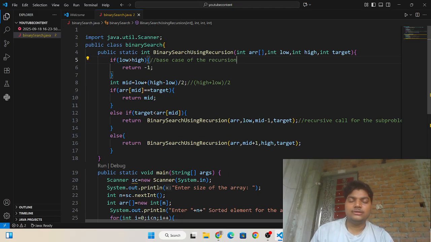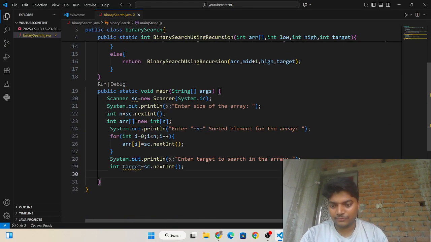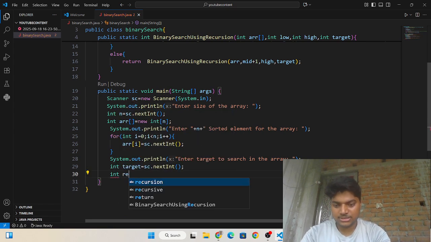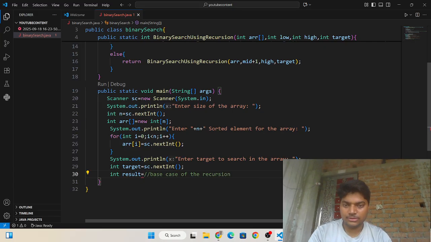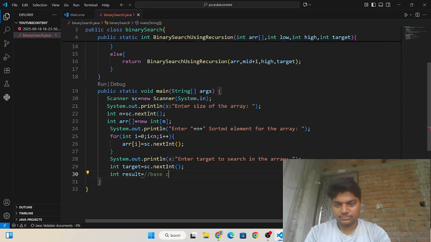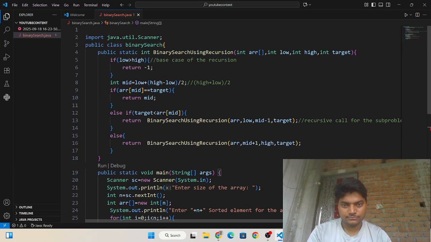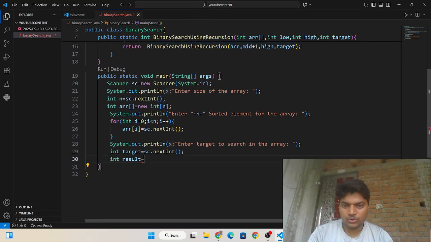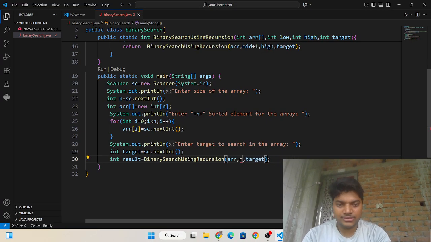When low is greater than high. Then I need to call this recursive function in the main method, and I need to modify it.